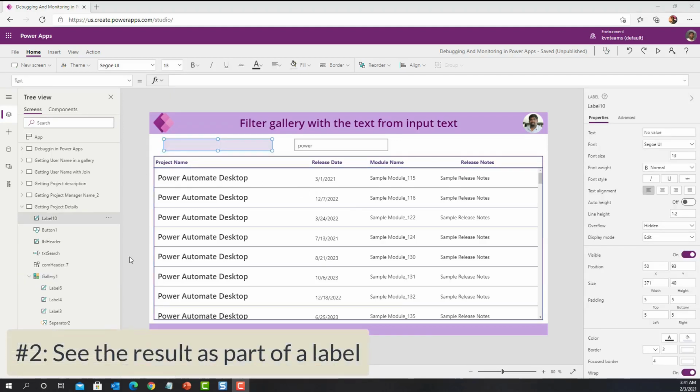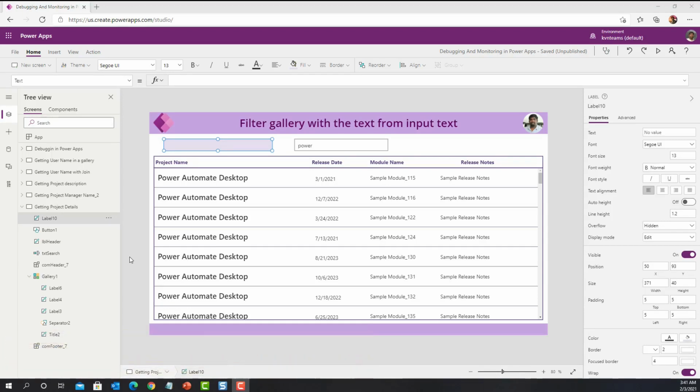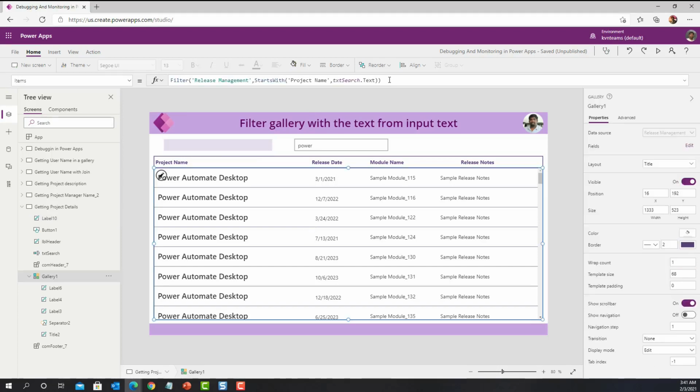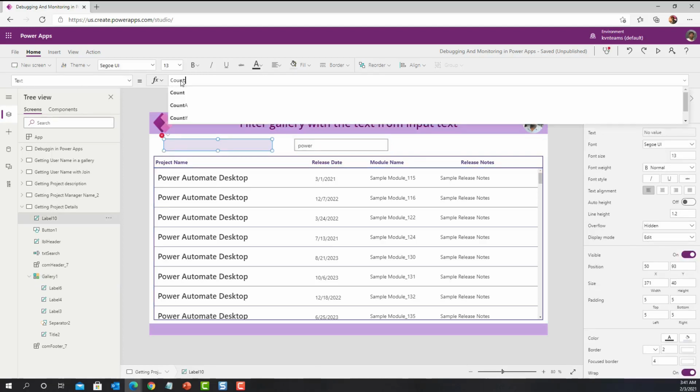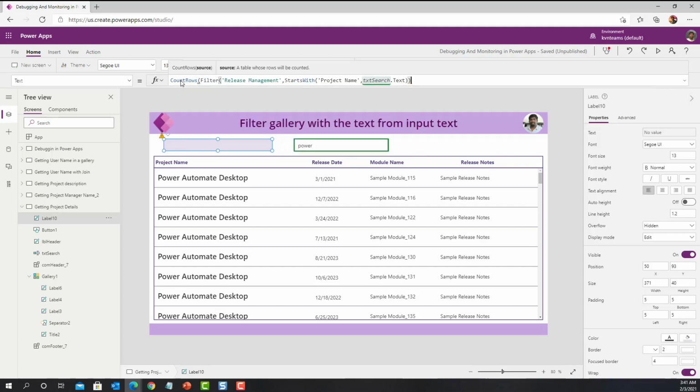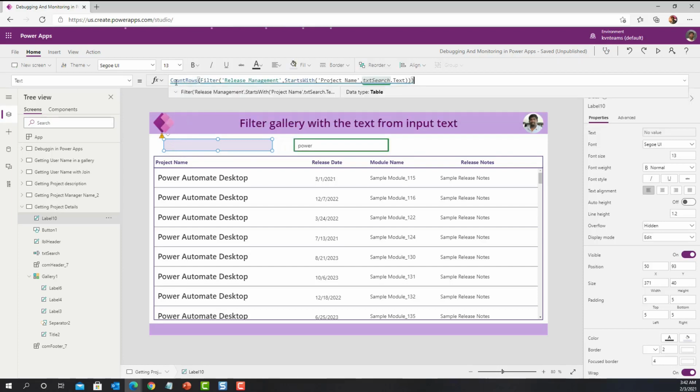Second approach is to add a label to ensure that our formula is working as expected by showing the result on top of a label. Now I have added a label. Whatever formula we are using here, I'm going to add as part of my table text with a count rows of that filter. So what I'm planning to do is show here how many rows I'm getting as part of my filter.